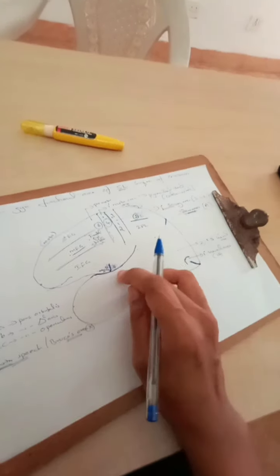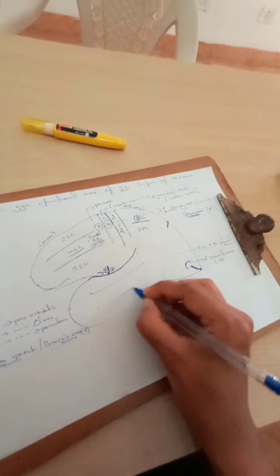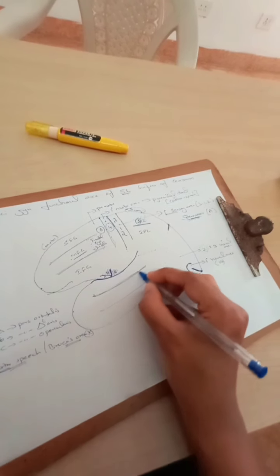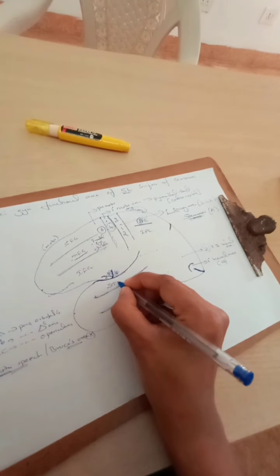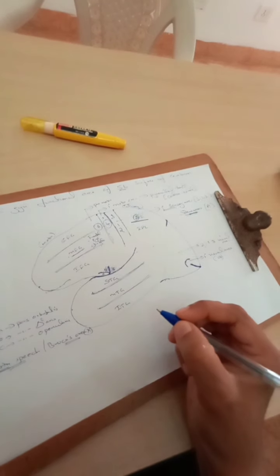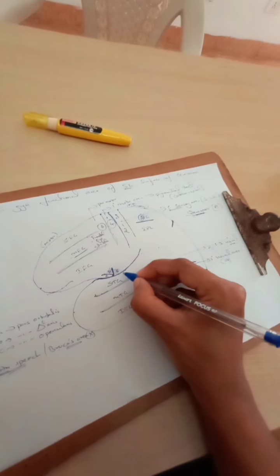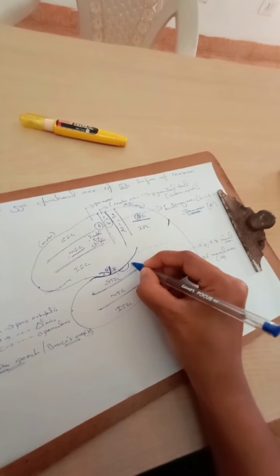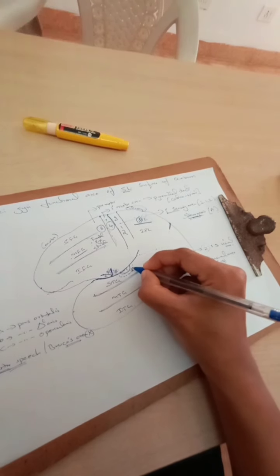Fine. We'll go to the last lobe here, the temporal lobe. We again have two horizontal sulci. What would you like to call these? Superior temporal sulcus and inferior temporal sulcus, dividing the temporal lobe into the superior temporal gyrus, middle temporal gyrus, and inferior temporal gyrus. In the superior temporal gyrus, very close to the lateral sulcus, we have the primary auditory area, and adjacent to that is the secondary auditory area.